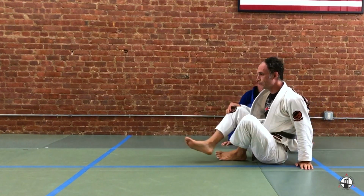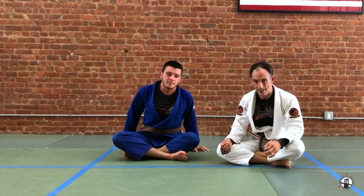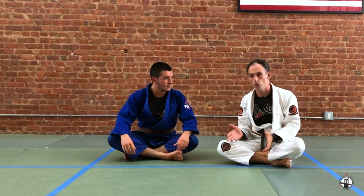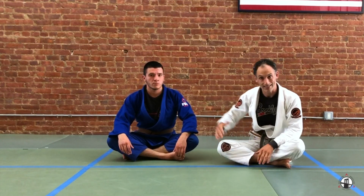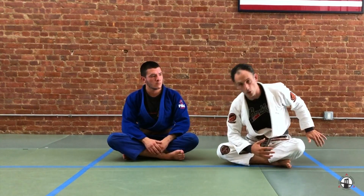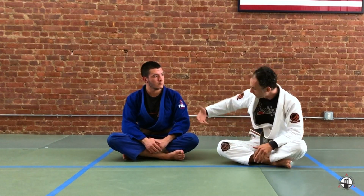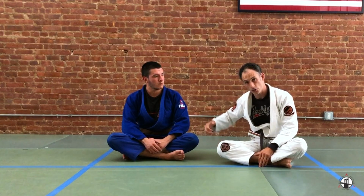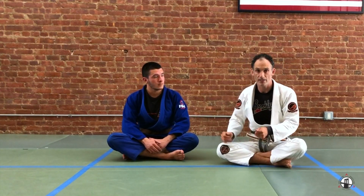So, this is a very basic way of entering into Tsumegaishi with some details that give you a good framework for what we're trying to do, which is to say, essentially make our partner do a forward roll, how we get there using our entry and a misalignment, and then we've got grips, an under back grip with the belt, and then a sleeve grip that allows us to take our partner up and